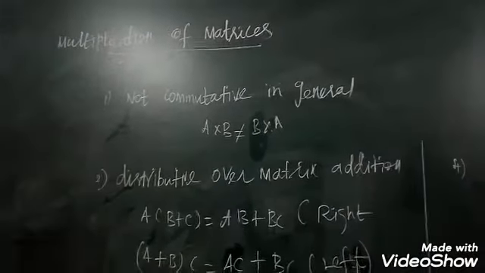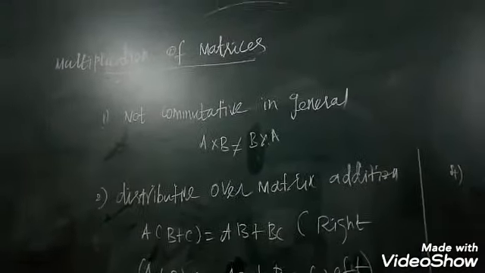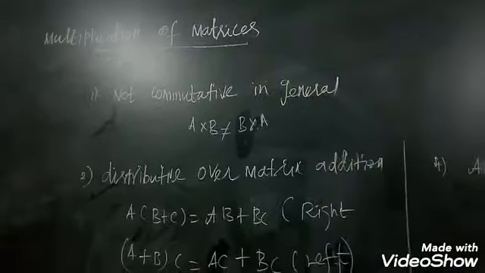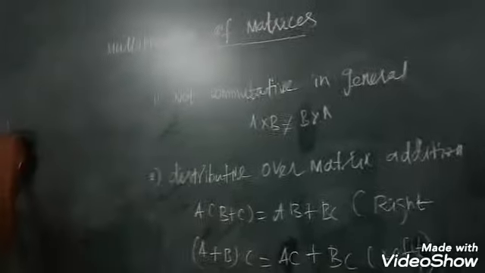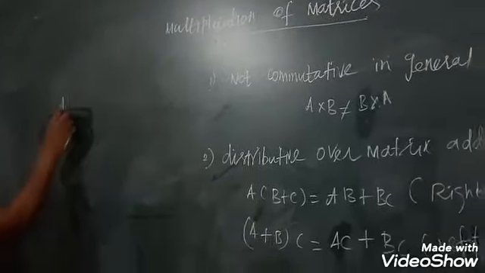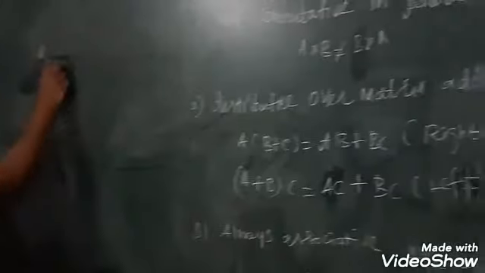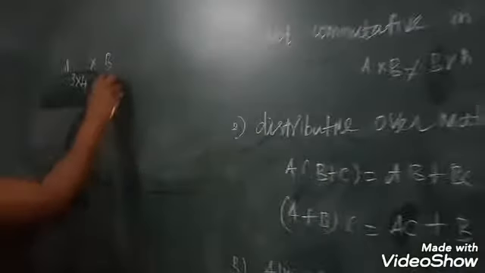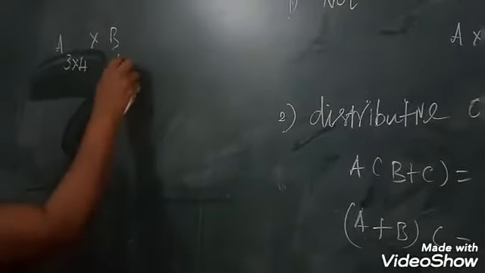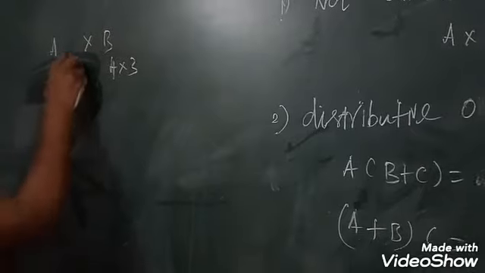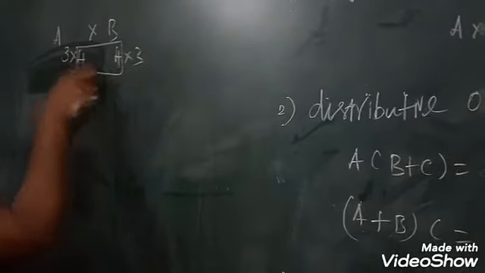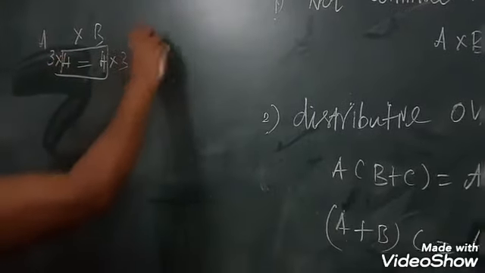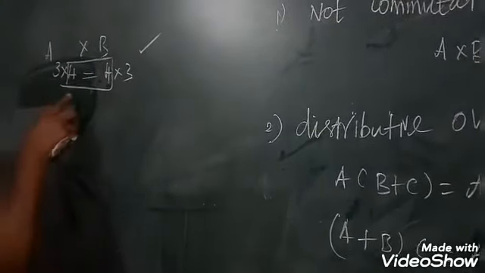Today we are going to see multiplication of matrices. It is not a normal multiplication, girls. For matrix multiplication, first we want to see the order of the matrices. First the A order is 4 cross 3, then B order is 3 cross 4, again 4 cross 3. See girls, the first matrix column and the second matrix row should be equal, then only we can multiply. Okay, this is the condition.